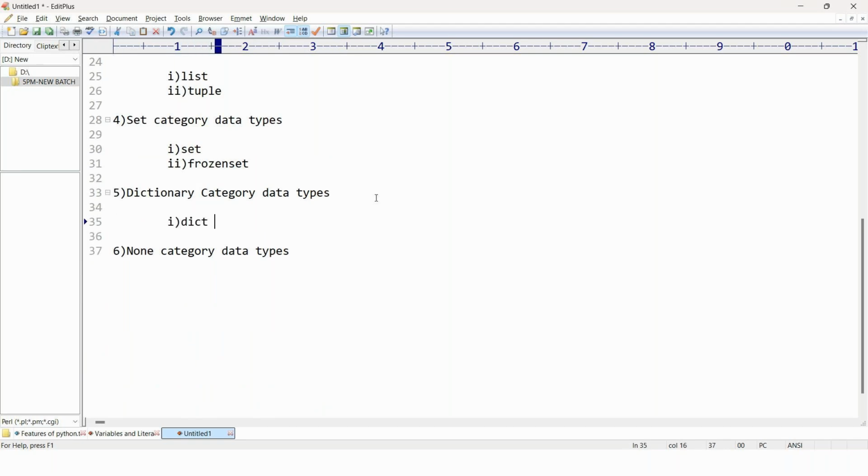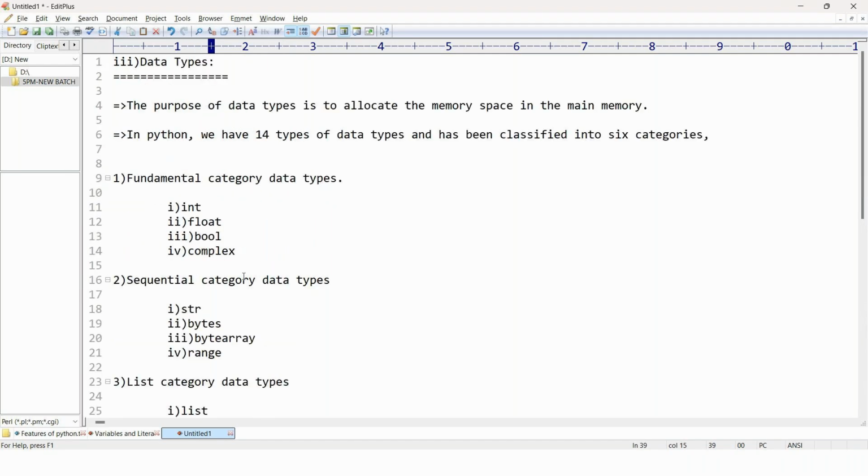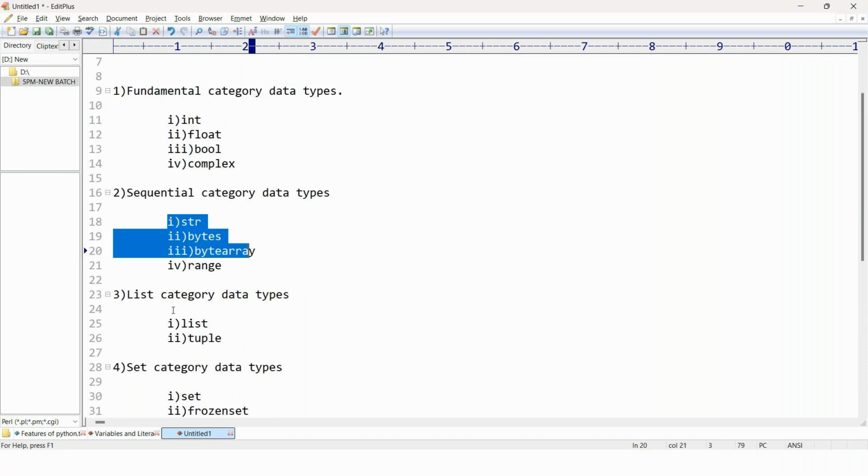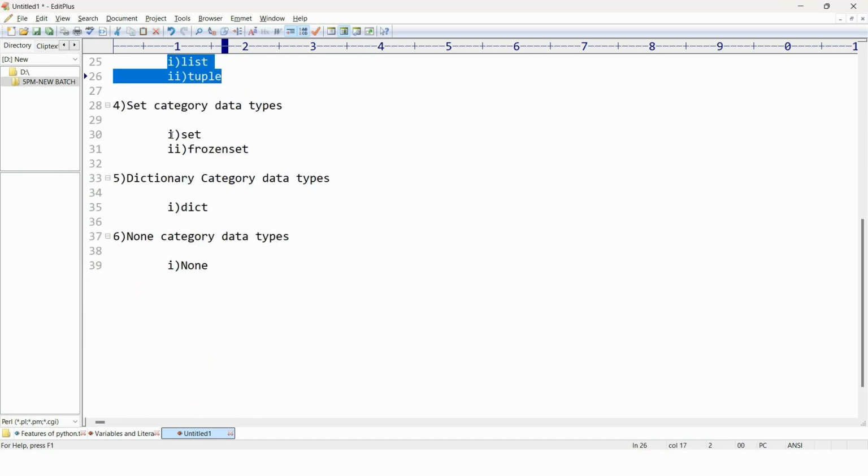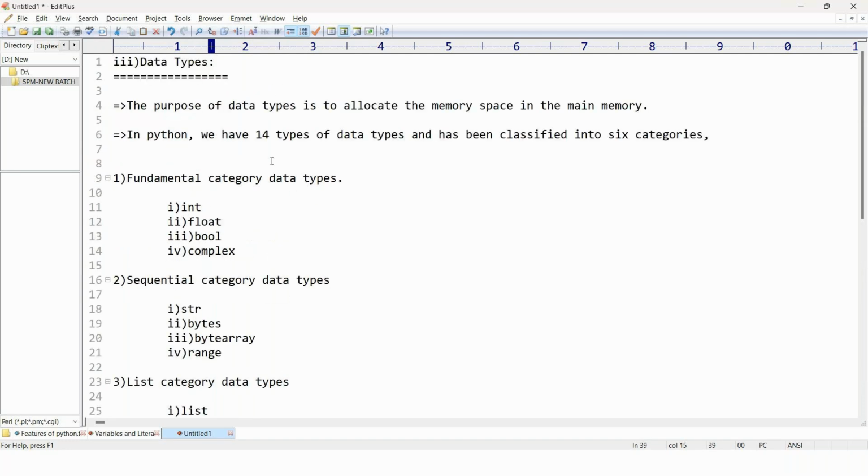And in the last, none, we also have None. So total 14 we have: 4 plus 4 is 8, and 2 is 10, 10 plus 2 is 12, 12 and 1 is 13, and 14 here. So a total of 14 data types in Python.